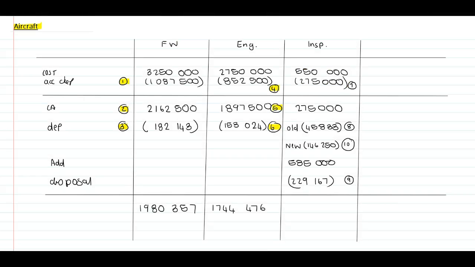Again, I've transferred everything, guys. Accumulated depreciation, calculation 7. Calculate my carrying amount, transfer depreciation, calculation 8. And this relates to my old inspection costs, my new inspection costs, calculation number 10. And I had to include the additions and the disposals. Remember, guys, you do not have to do this, but I prefer to do this because I want to indicate to you to be able to test your calculations at the end. And then our total at the end in terms of our inspection costs